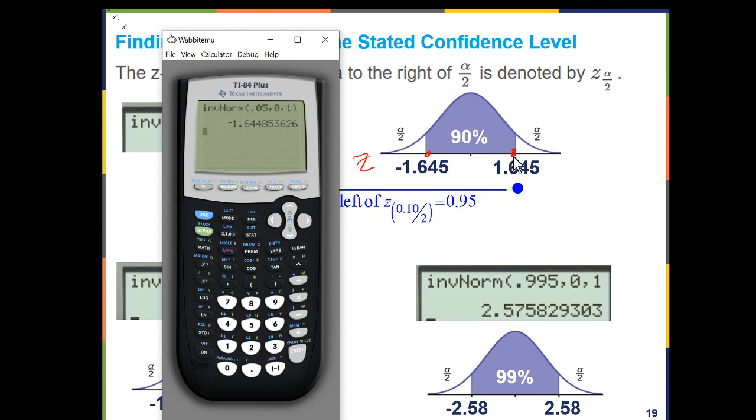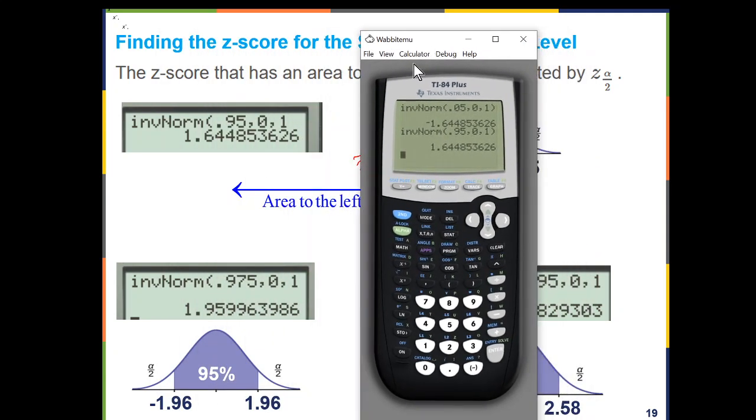If I want to find this number, then I do the same thing. I'm going to get the entry back. But this time, area to the left is not 5%, it's 90% plus 5%. So how much area is to the left of this number? 95%. So I'm going to make that 0.95. And you see I get 1.645. And if I want to know the numbers that have 95% in the middle, then I do the same thing except